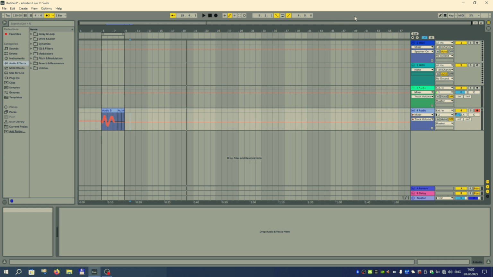The top right part is the utility and monitoring area, and the first button is the draw mode switch, and it is used for automation. So the idea is that you can apply automation in two ways apart from recording. You can either put breakpoints that look like dots on the automation lane and change their positions, or you can actually freely draw anything, and the draw mode switch activates the latter one.